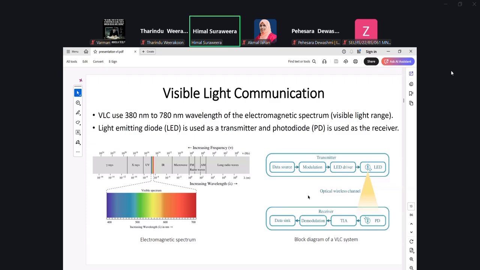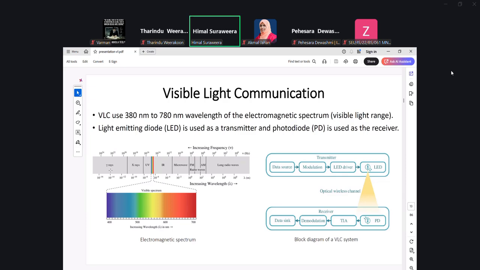So you might be wondering how it can be done. For example, you can use an LED, and then without it being detected by the human eye, you can switch it on and off at a very high speed, so that it will represent a particular bit stream of information. The left-hand diagram shows you the location of visible light along with the broader spectrum of electromagnetic radiation.